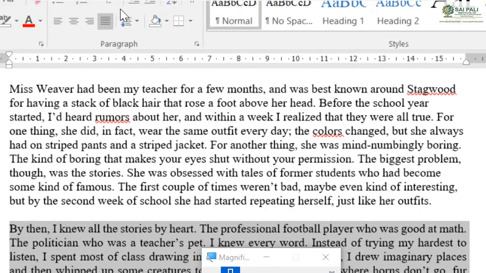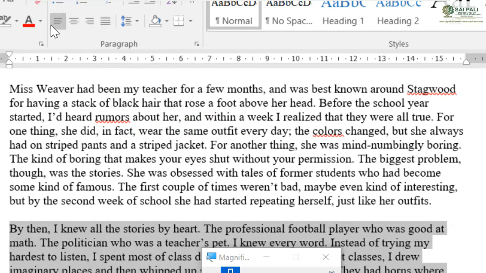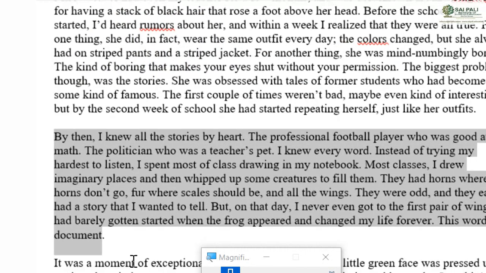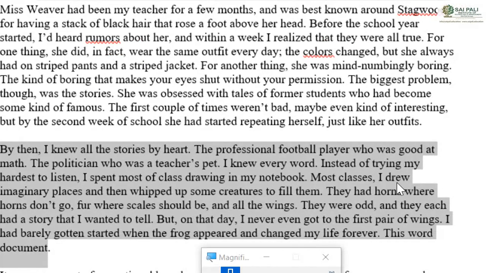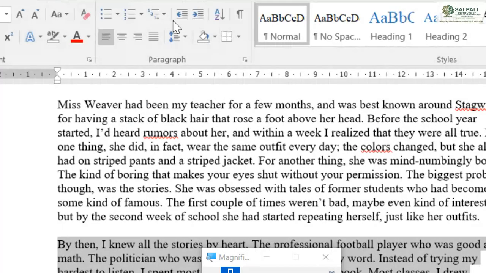I will click justify again and it will go back to the default alignment. Now which line is the smallest line? We can see this third line is the smallest line, and it starts from "hardest" and ends on the word "drew". Now, is it changing any word from the beginning? Let me do this again.